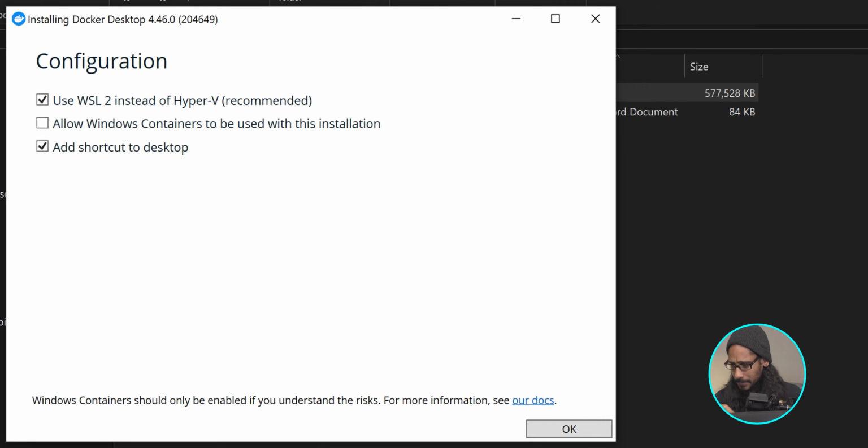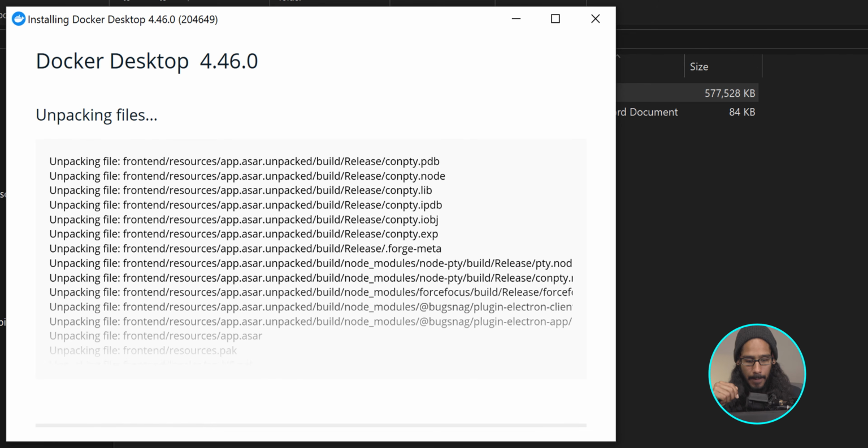When you click on Run as Administrator, you're going to get the User Account Control. So just click on Yes there. But once you click on Yes, you're going to get this. Excellent. Now, the only thing that I did here was uncheck Add a Shortcut to the Desktop. Use WSL2 instead of Hyper-V. That is very important. It likes the WSL. It doesn't like the Hyper-V. So if you are using Hyper-V within your host, most likely remove it because it's going to cause a lot of issues. We're going to click OK here.